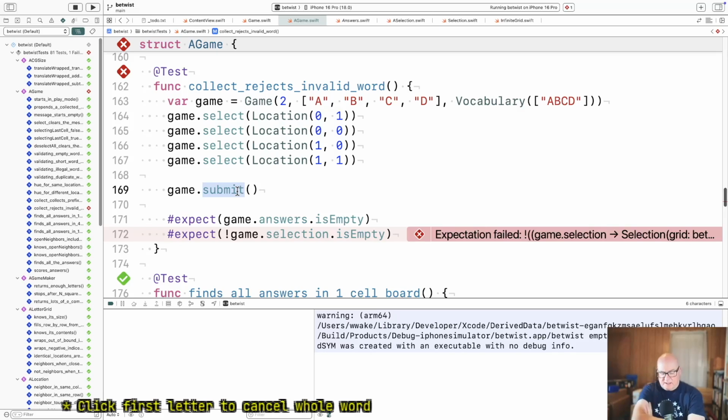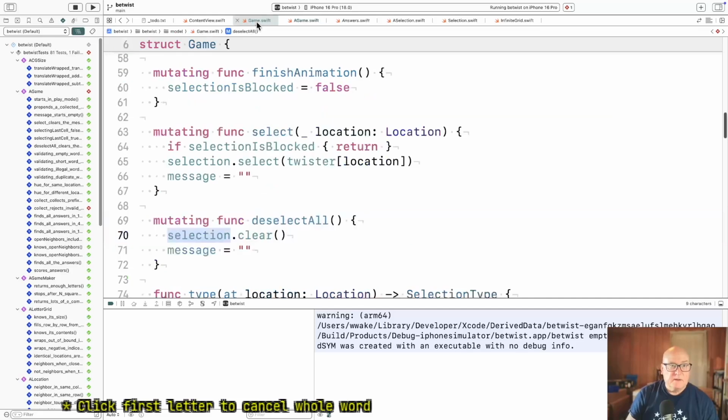I think the contract we're saying is submit submits the word no matter what. And we've already checked that it should only be called to submit good words, I guess, because it'll submit whatever you tell it. Yeah, we can add those methods. They may help a little bit. Has selection, has answers. Well, let's do it right now since we're here. Okay, so